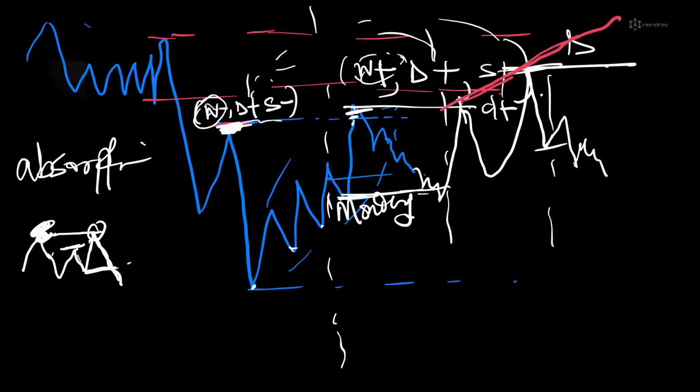These guys are now forming a trend line. Daily here, D plus, daily here, D plus, but we are searching for what? D minus. So this is what forms all these reversal patterns, like your wedge, like your head and shoulders, all those things. What forms them is this. Is the understanding of this.